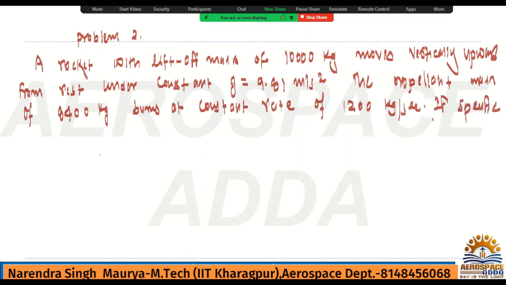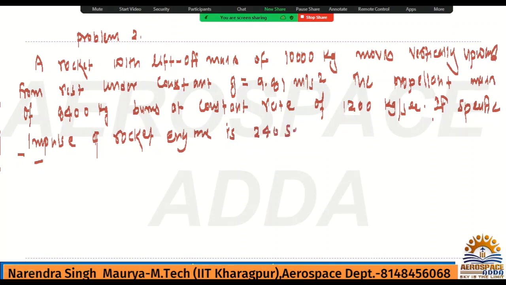If the specific impulse of the rocket engine is 240 seconds,